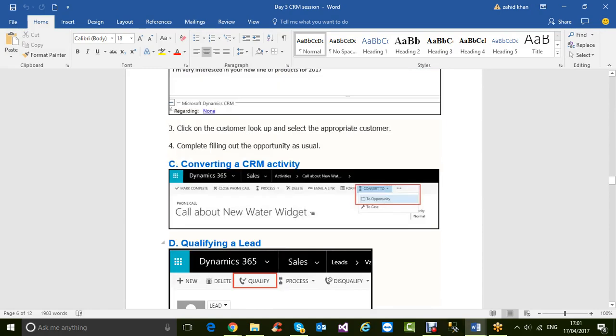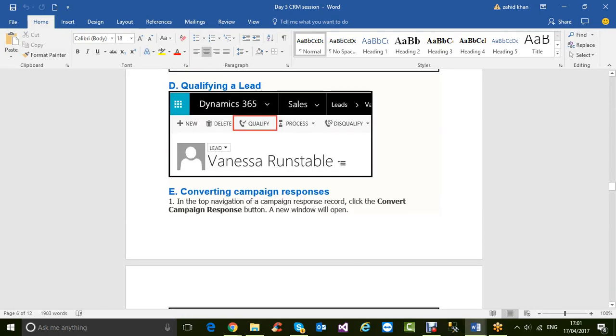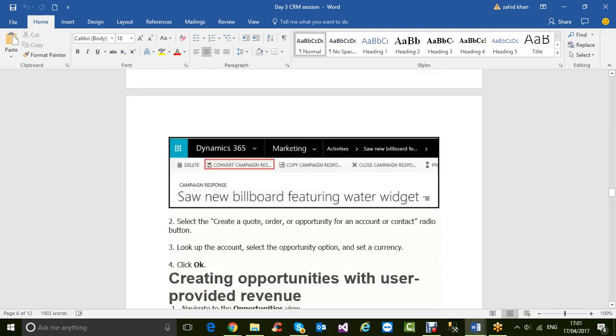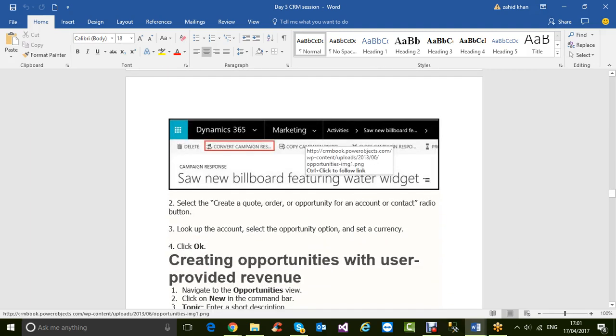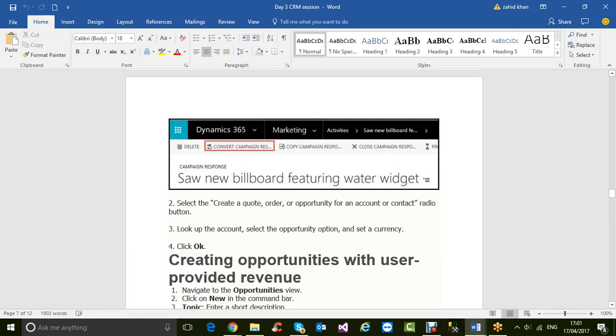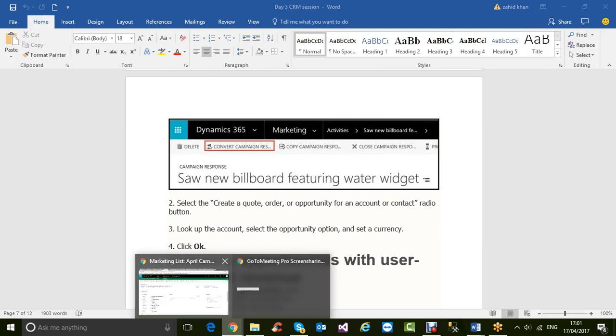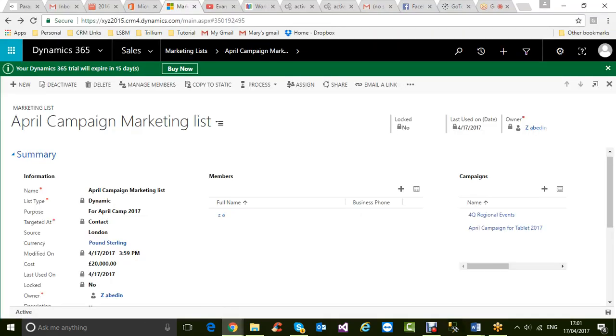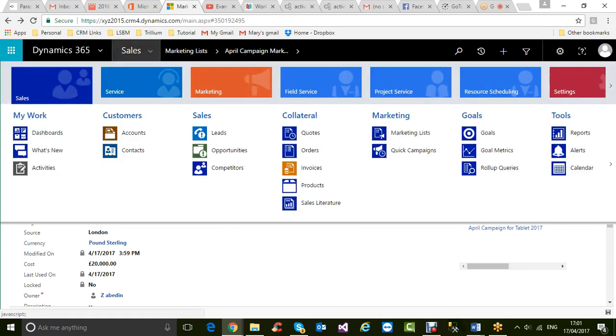We were talking about opportunity last time. So you actually convert a campaign response into an opportunity. Okay, campaign response into an opportunity, and we couldn't see this campaign response. This is the reason why I wanted to show you campaign today, because we wanted to go back to this particular area. So if I go to campaign, campaign activities, okay,